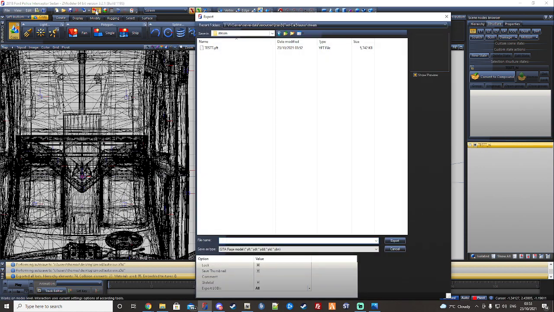I know that other people have a way of exporting their highs and normal YFTs for file size. This is the way I do it. Don't come at me for it. Same again, just name it test, but this time we're calling it _high, just the same as this. Click export,